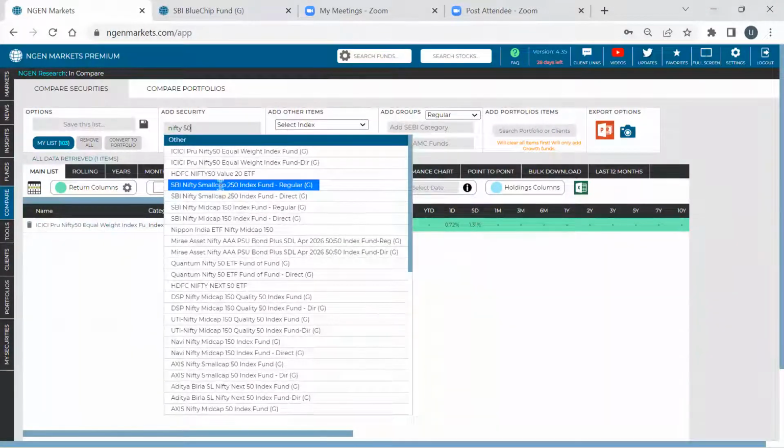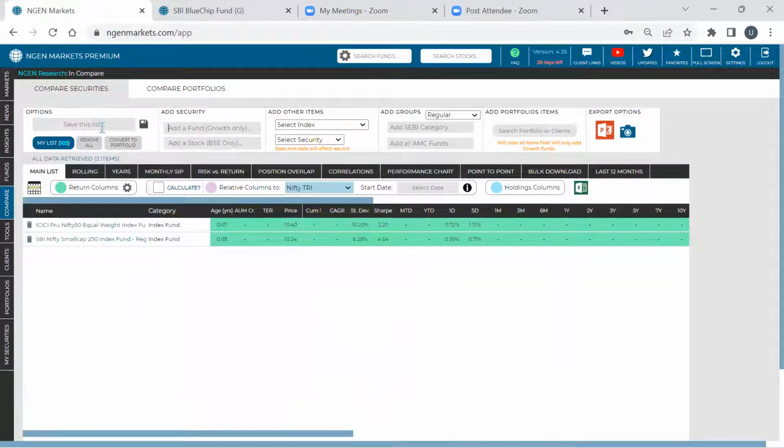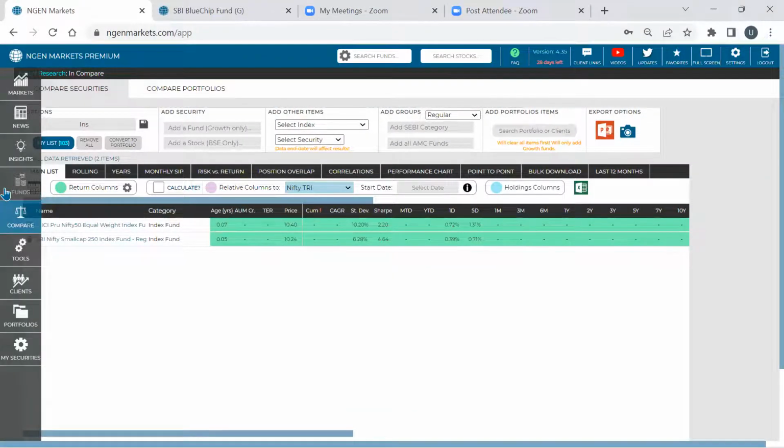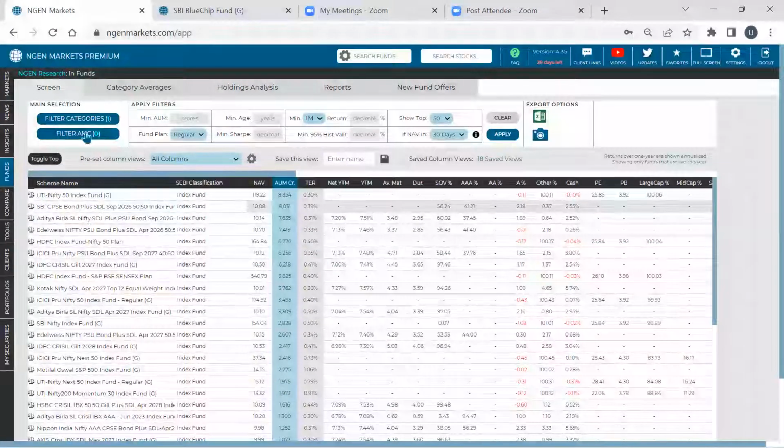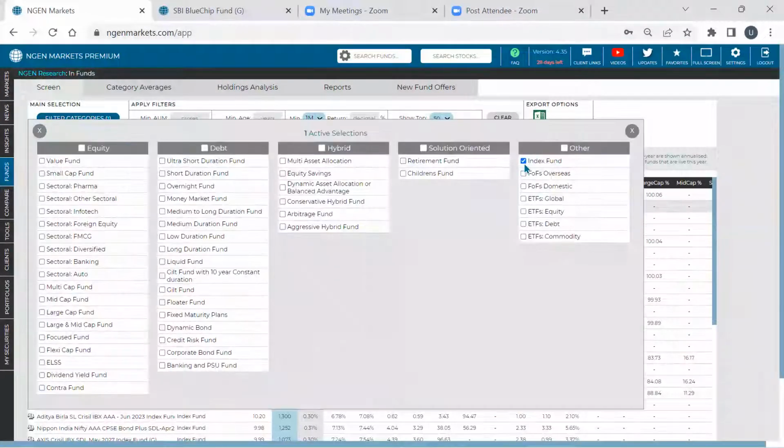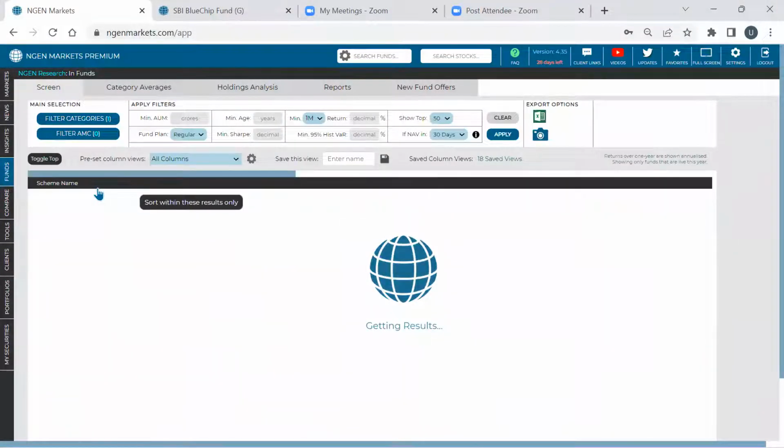And just by clicking the button, you don't have to search them one by one. So Mayor, if you just go to the fund screener for a second. Here, categories, let's just check what it is. Select categories. So you've got index fund, okay, fine. And then here, sir, what you'll have to do is